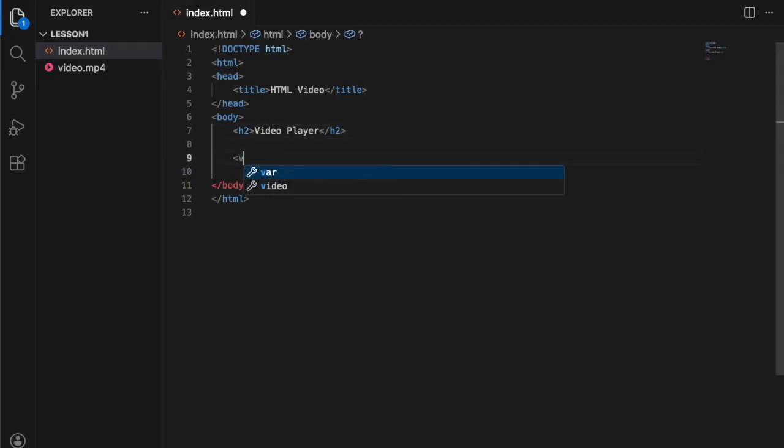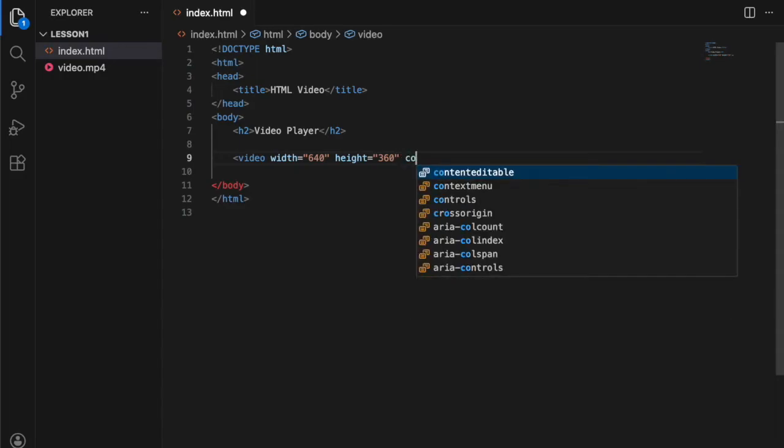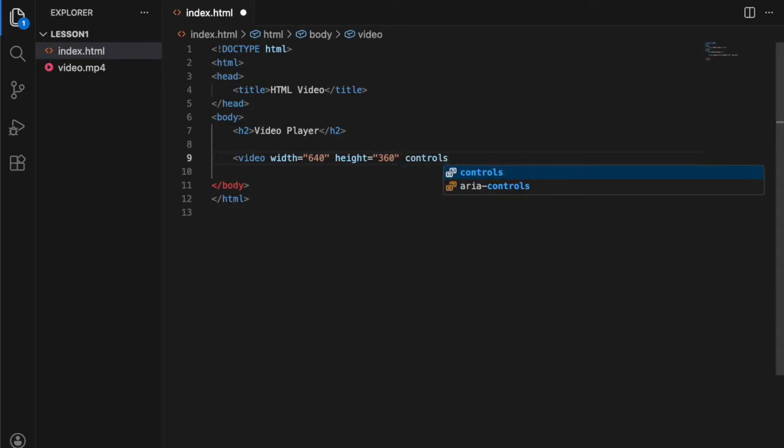The width and height attributes set the size of the video on the page, controlling how much space it takes up in the browser window. They help ensure the video fits well with other page elements and maintains a proper aspect ratio. These attributes can also be adjusted with CSS for more flexible and responsive layouts, making